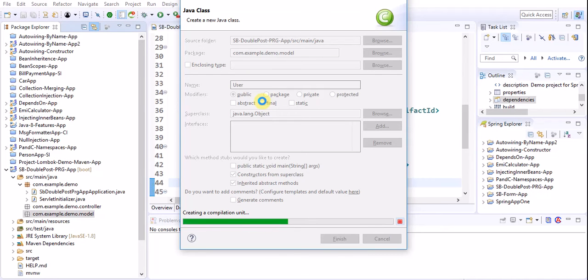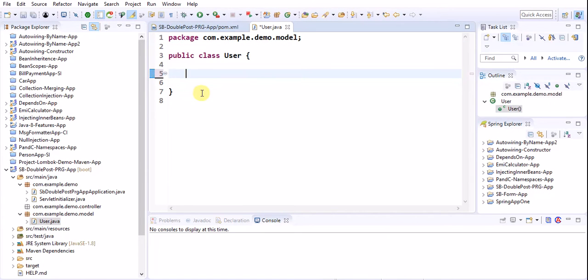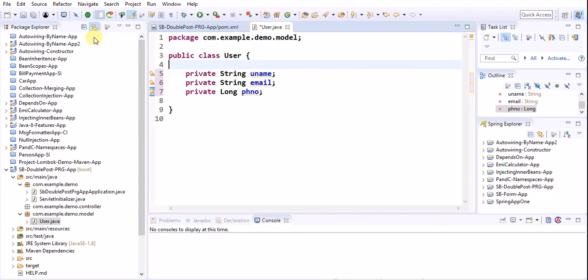Now first let me create a model class, a new class with the name User. This class we are using as a form binding class. Spring MVC can bind the form data to model classes, right? Private String uname, private String email, private Long phone number. So these are the three fields that I am taking here.